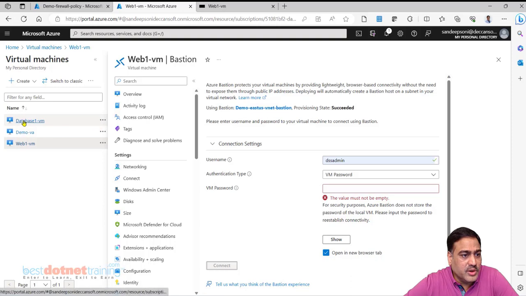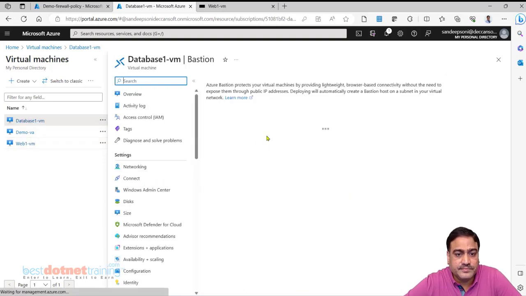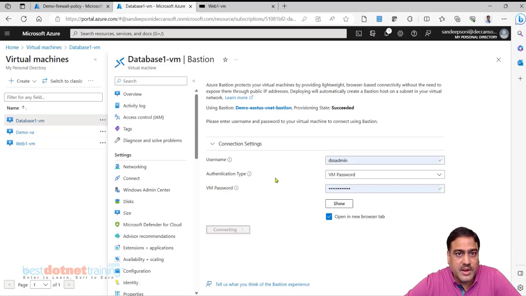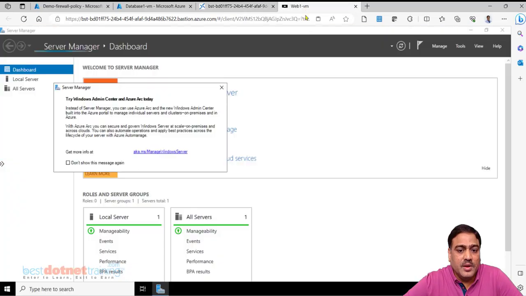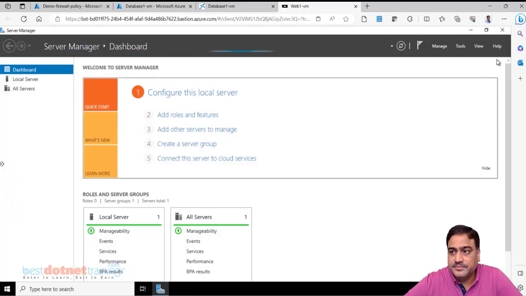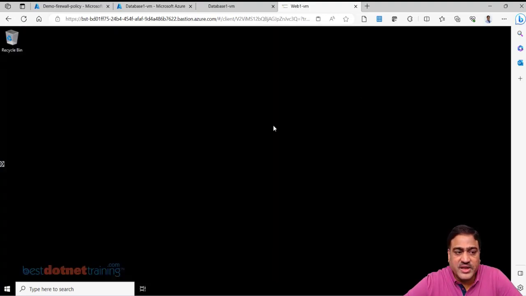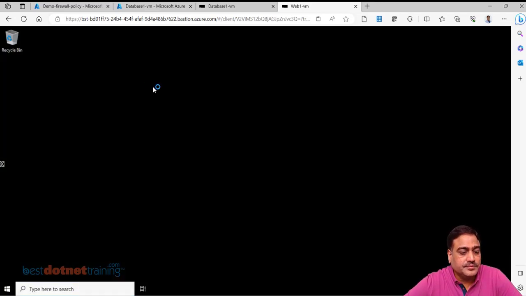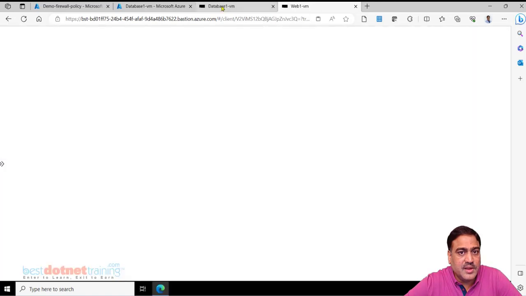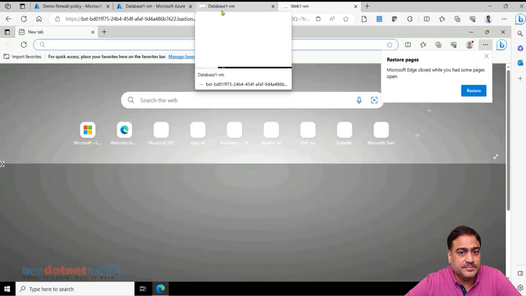I also go to database 1 VM and Bastion. Right now from Web1 VM, let's check if we are able to browse internet. And same thing I should do from database VM.